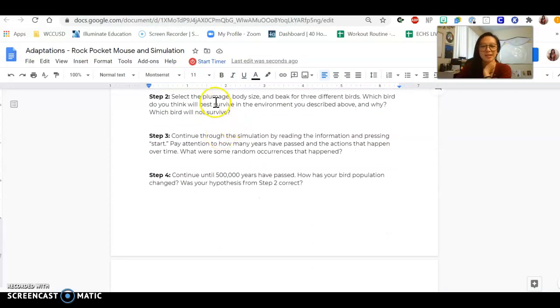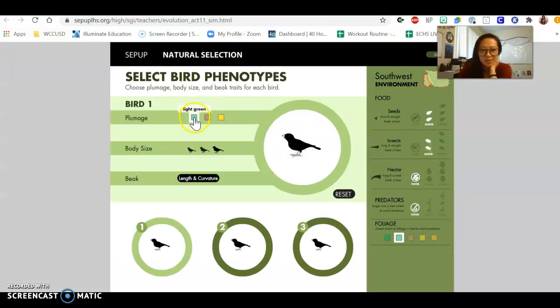And then it says select the plumage, body size, and beak for 3 different birds. Which bird do you think is going to survive the best in that environment? Which one will not survive? So here's how you pick